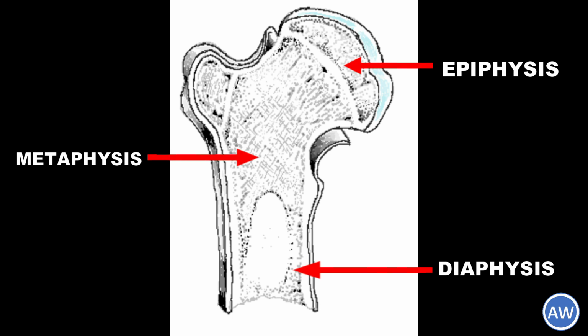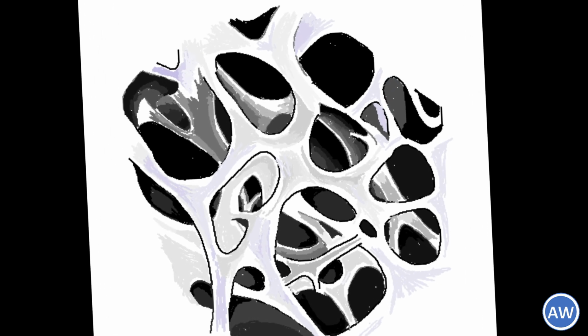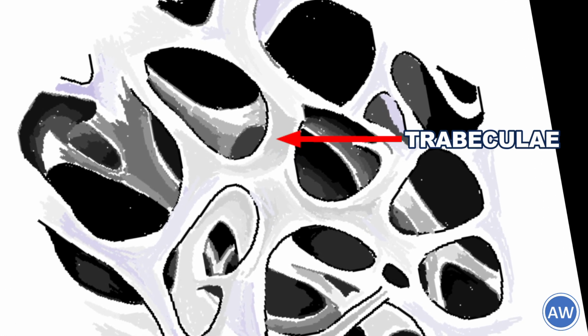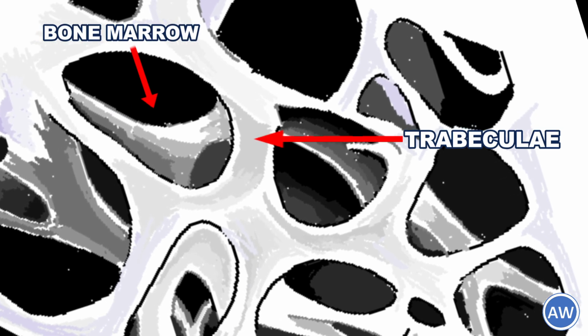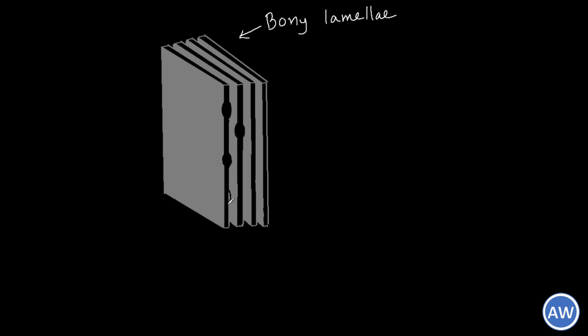To have some more details about the histology or the microstructure, we have to see the architecture of a cancellous bone. Here, if we look at a cancellous bone under the microscope, we can see some bony plates called the trabeculae. These bony trabeculae border some white spaces which mostly contain the bone marrow. The bone marrow present in these spaces provides nutrition to these bony trabeculae. If we look closer, it can be seen that each of these trabecular plates is further made up of a number of lamellae, with the spaces called the lacunae and the canaliculi.